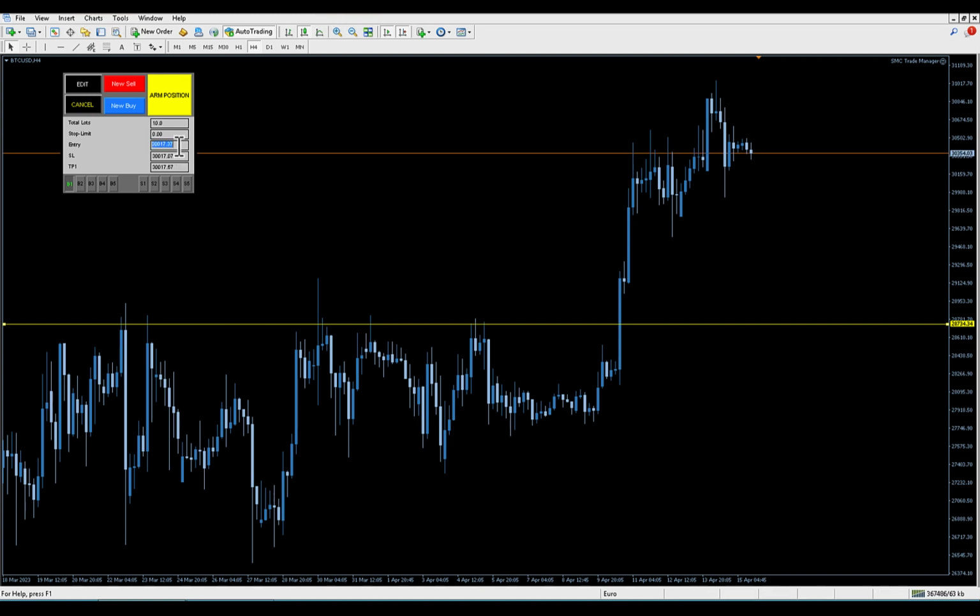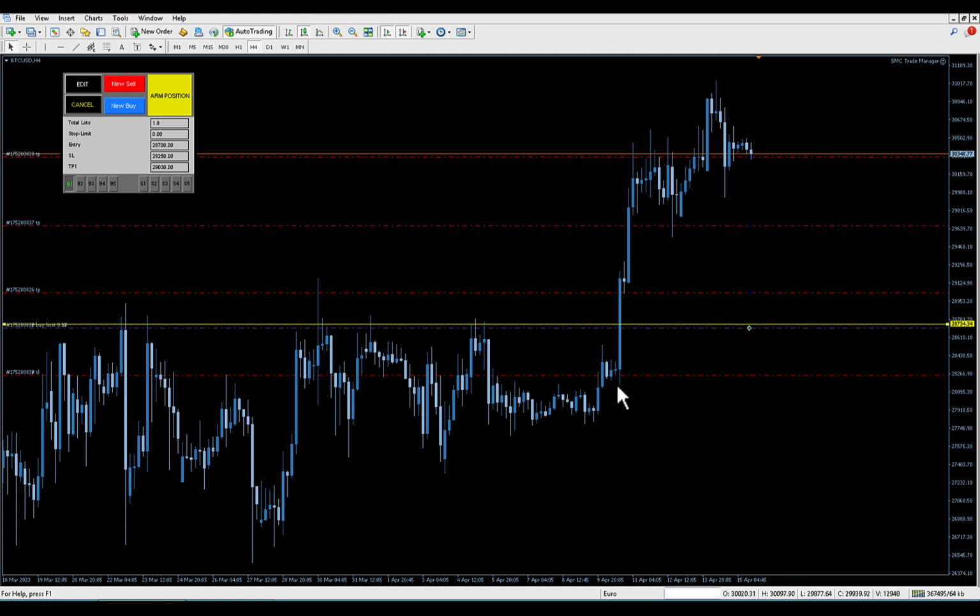We're going to use our entry at 28,700, which is roughly the mean threshold. Our stop loss, we're going to set 28,250, and our take profit one, let's say 29,030. Okay, so I'm using the stop loss and the take profit to have some symmetry using the fair value gap. You will see. The next step is just arm position, and you can see that I set the stop